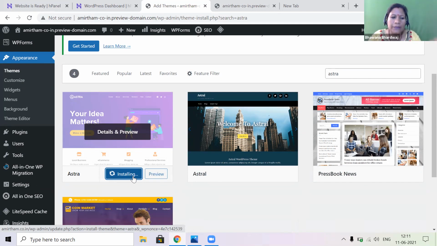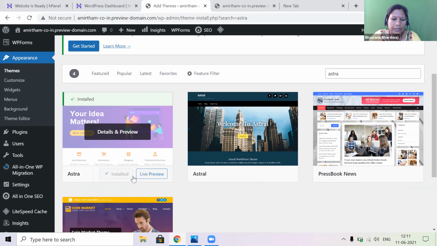Go to Appearance, go to Themes, click on add new, search for Astra, install it and then activate it. And ma'am, give it 24 hours. In 24 hours, your domain will point to the hosting. If it does not, then you have to connect with Hostinger support. There will be a support system, and there you can ask why my domain and hosting is not pointing.